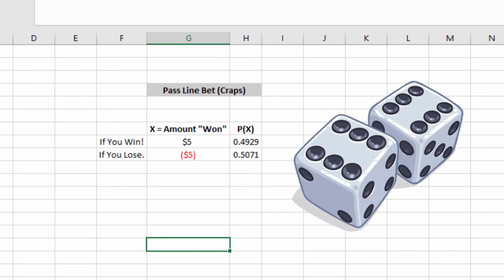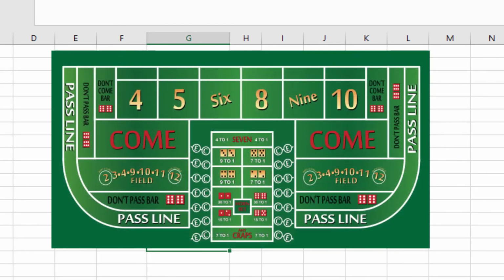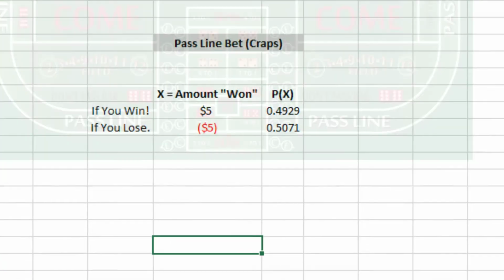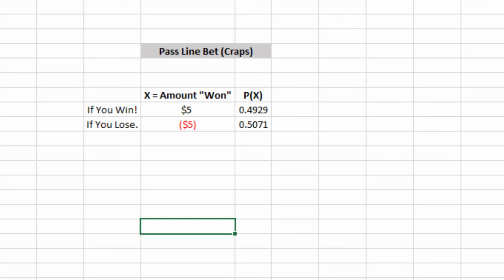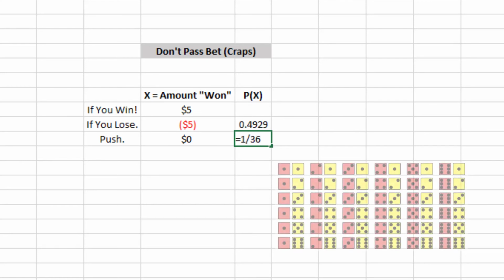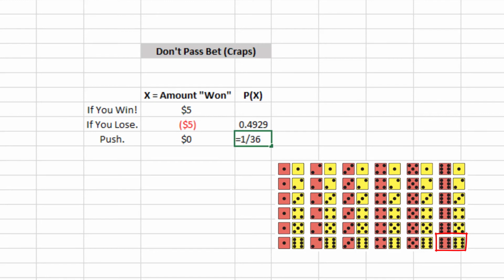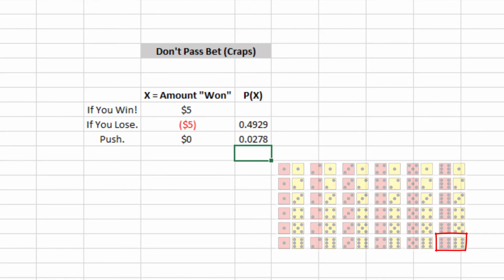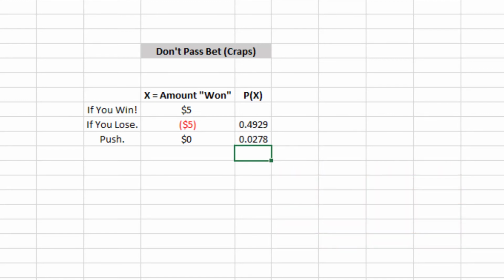And if you remember looking back at the craps table, you may have noticed there's a little image of the double sixes on the table. That's because on the don't pass bet, that's called a push. If that happens, you don't win nor do you lose. Now, what's the chance of that happening? Well, boxcars is the only one possibility out of all of the 36 possible ways dice can fall. So there's only a 2.8% chance of it happening, just like snake eyes.